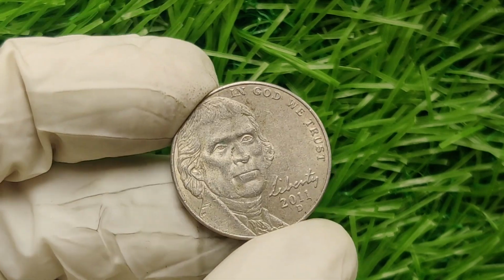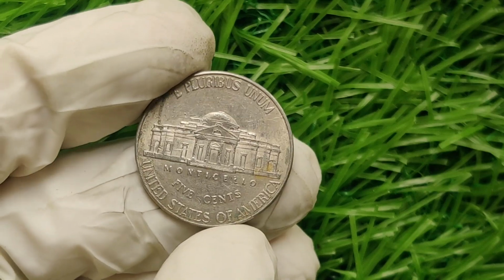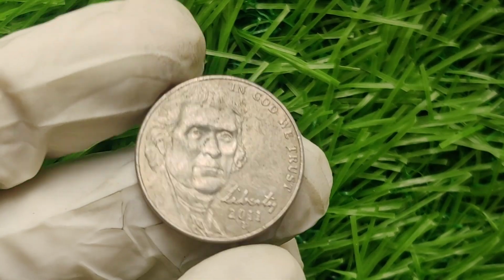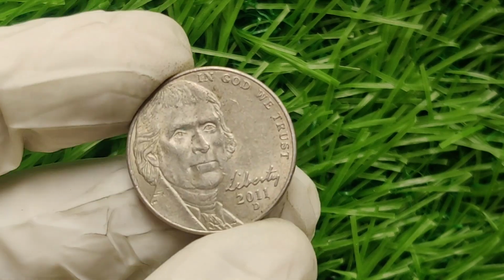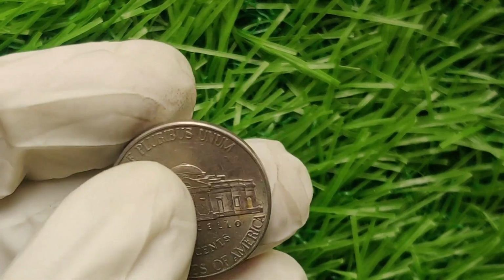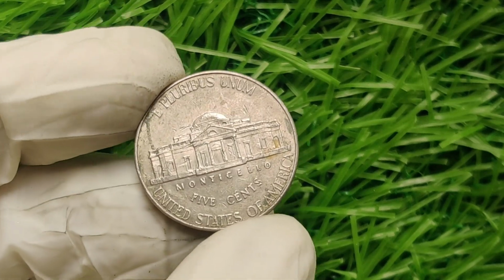So, what's the secret behind this coin's extreme value? Why is this coin worth so much? First, let's talk about rarity. Coins like these are incredibly difficult to find, and even when they do appear, they often go unnoticed by the average collector. The coiin Jefferson nickel in question was discovered by a coin enthusiast who noticed something unusual about the